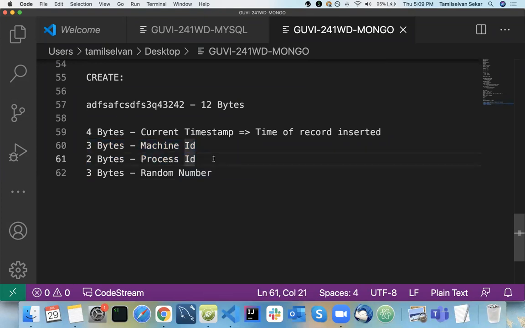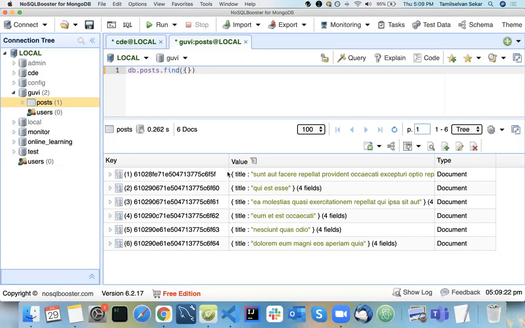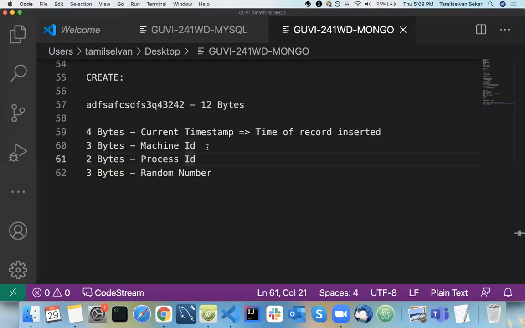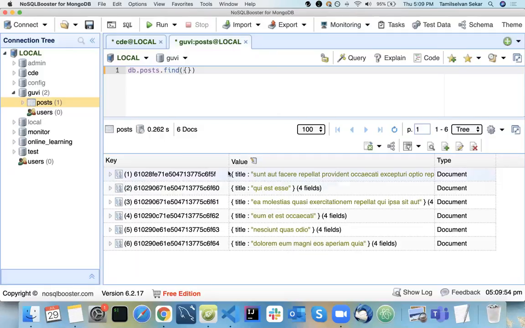Is there any significance of this auto-generated ID? No significance. It is going to be auto-generated, just to identify each row, each document, uniquely. There is nothing significant here. It acts like a primary key in our MySQL. In the same way here, ID is going to be a primary key. So whenever you insert data, there will not be any duplicate data, because everything is inserted based on timestamp. You cannot have duplicate values inside your rows here. Clear on the insert part?